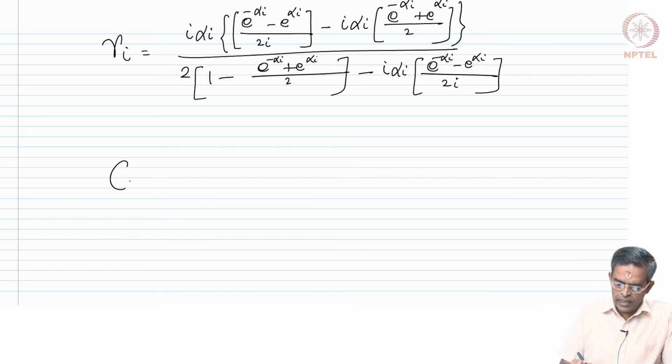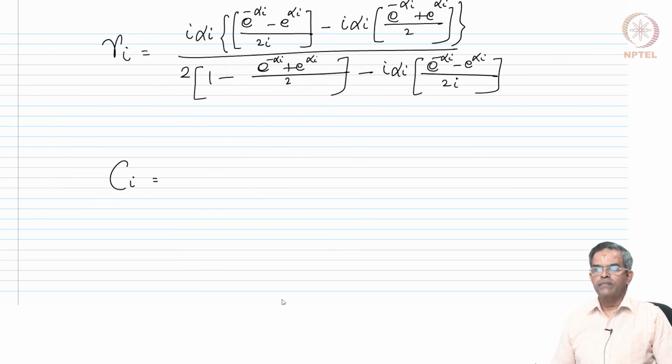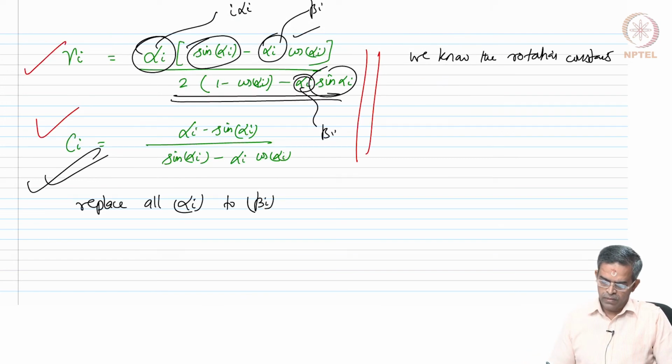Similarly, let us write down for Ci also. We have Ci also here. Again the same story. Alpha I, see here, my alpha I becomes beta I. So, minus